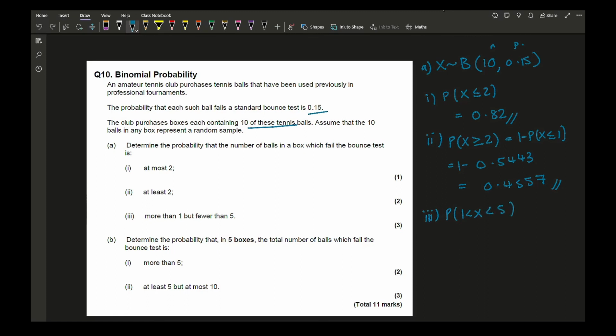So what I'm wanting is the probability that x is less or equal to 4 minus the probability that x is less or equal to 1. Think about the numbers that you want. So I want 4, 3 and 2. Now if you want to, you could work out those 3 individual probabilities and add them together, or you could use the process of elimination of bits that you want over things that you don't want. You should come up to the correct answer, if you've done this correctly, of